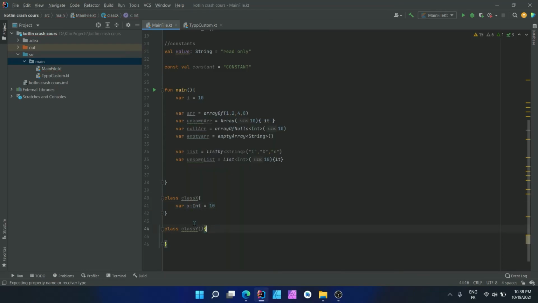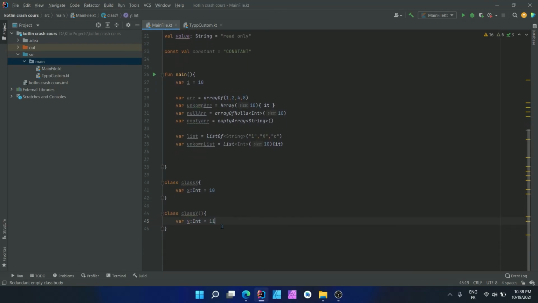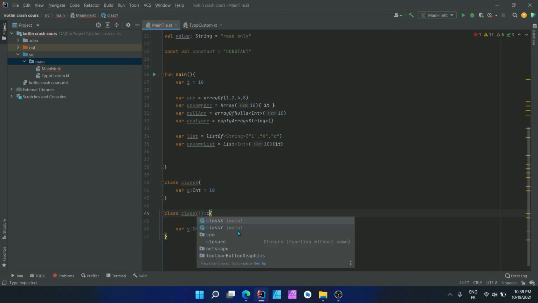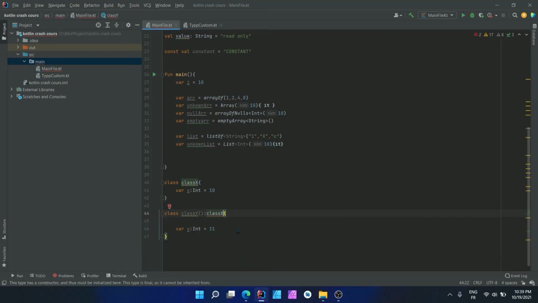Okay, I want to inherit class X for my class Y, which contains y of type int equals 11. That's simple. You just go like this, two points, and you say I inherit class X, and yeah, the error